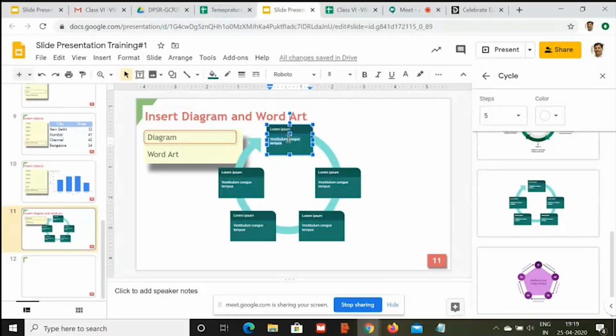So I write here 1 and increase the size of 1. And this is 2. Increase the size of 2. Select and press Control Shift and greater than sign.